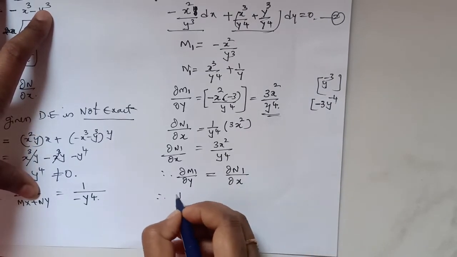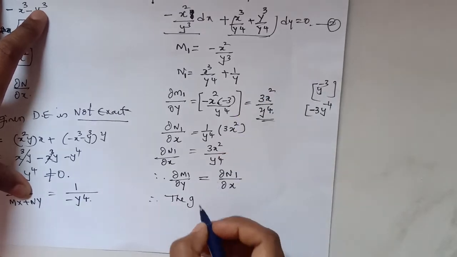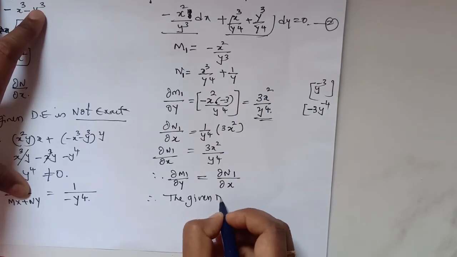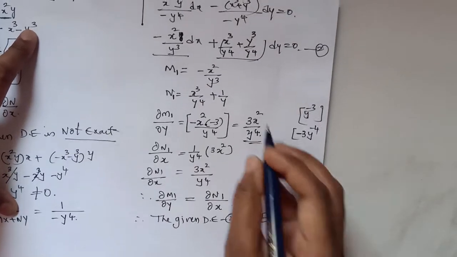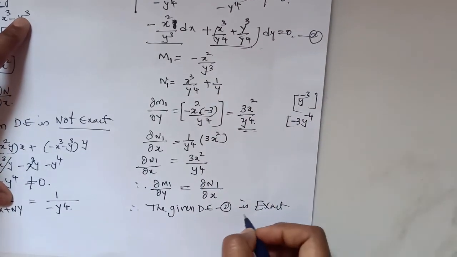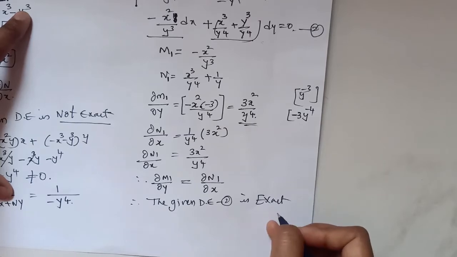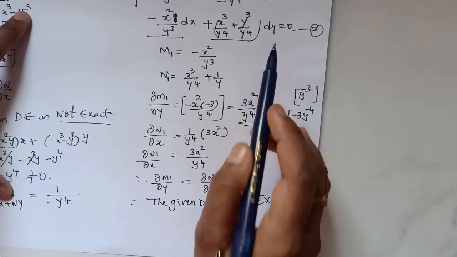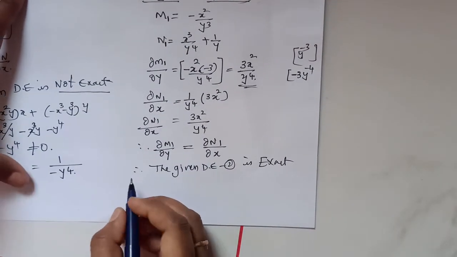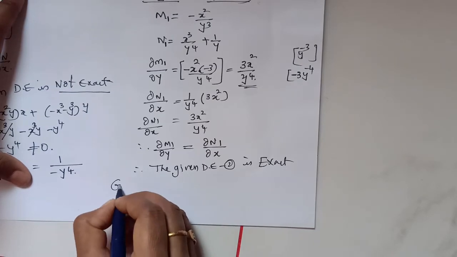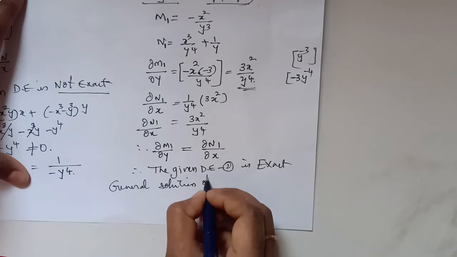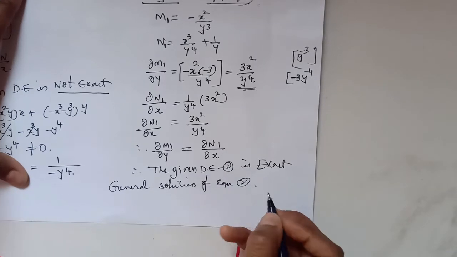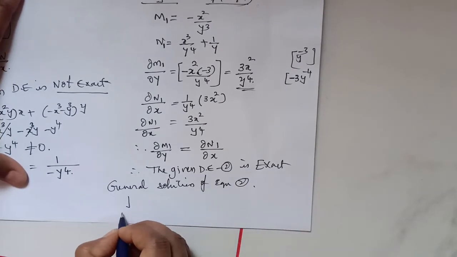So therefore the given equation 2 is exact. We made the given differential equation exact. Now we got the exact differential equation. If it is an exact differential equation, what is the general solution? General solution of equation 2 is integral, y constant,